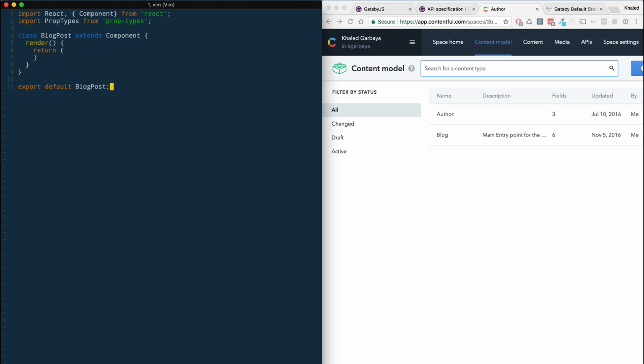First, we need to add the prop types to our component. So here propTypes equal to, we'll get a data. We'll see where this is coming from later. And this will be PropTypes.object, which is required,